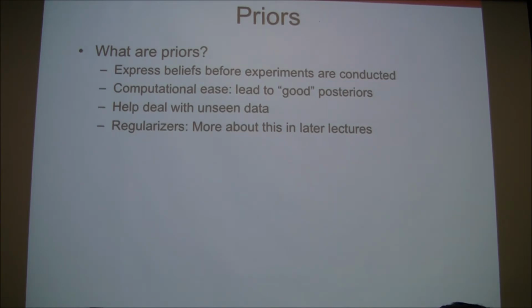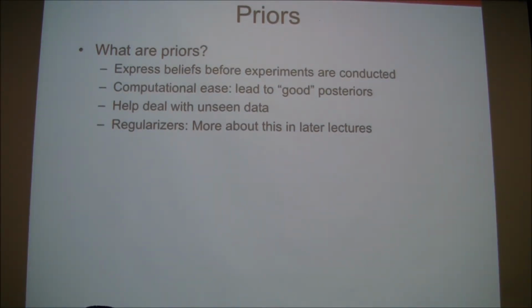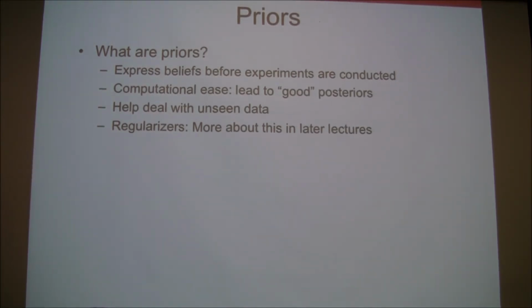So priors are going to be the probability of your parameters before you see any data set. They're going to basically help you express beliefs. This is where domain expertise is going to come in. If it is a medical application, for example, you will ask doctors how likely is this disease just a priori, right? And if it's unlikely, then you're going to downweight it,